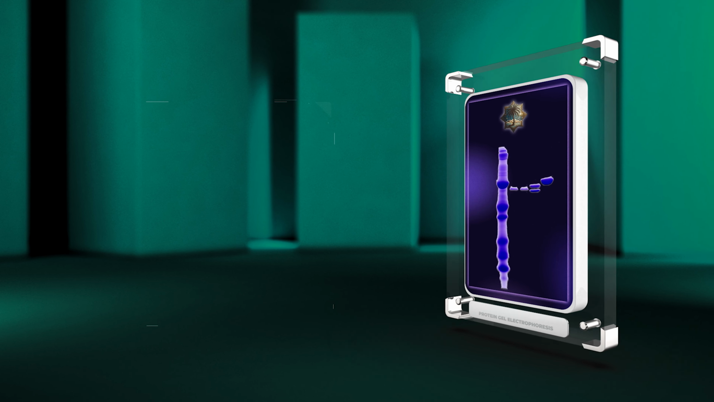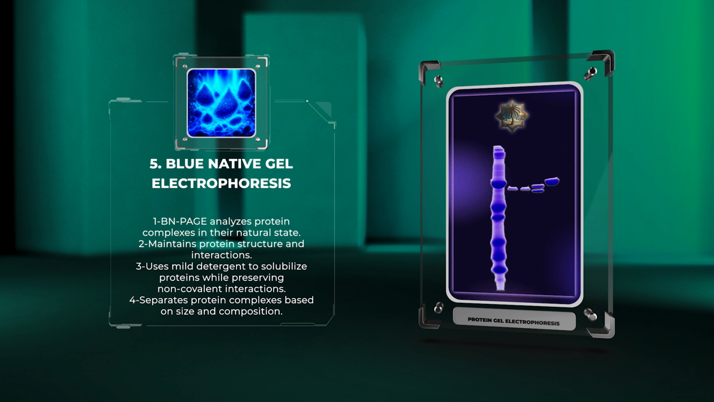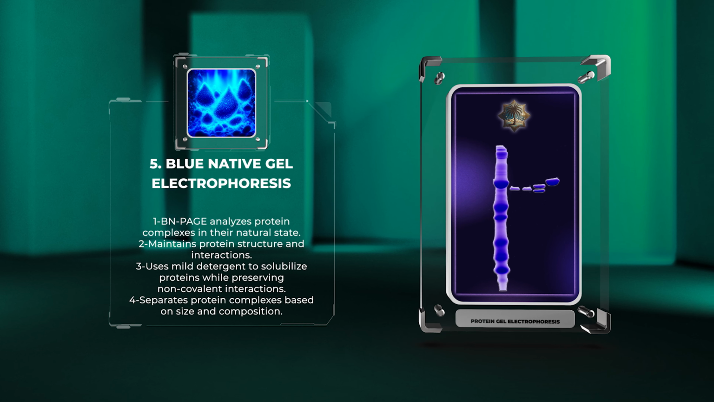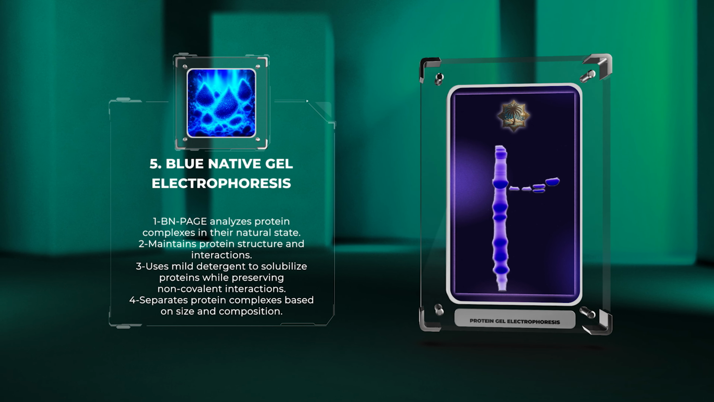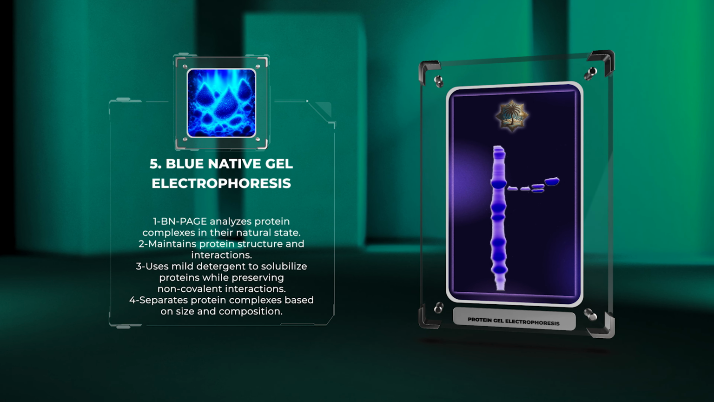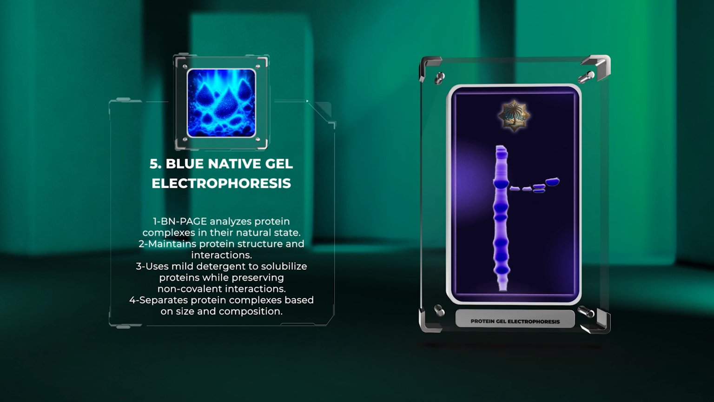BN-PAGE is a gel electrophoresis technique that analyzes protein complexes in their natural state. Unlike traditional SDS-PAGE, it maintains protein structure and interactions. A mild detergent is used to solubilize proteins while preserving their non-covalent interactions. This technique separates protein complexes based on size and composition, aiding in the study of multi-protein complexes involved in cellular